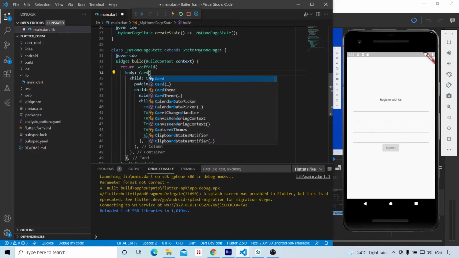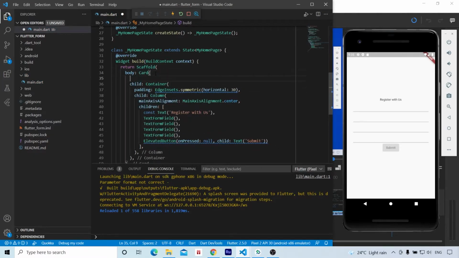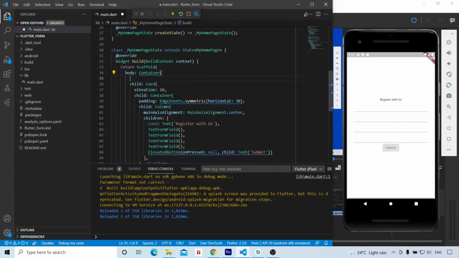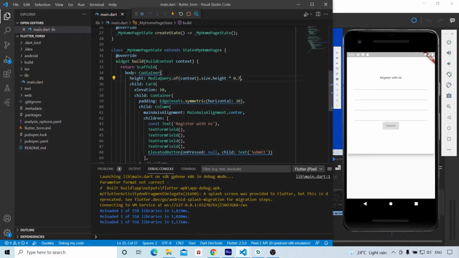Now we will wrap all the widgets inside a Card widget to give some elevation to our form. After that, we will wrap that card in a Container widget to give it some height.